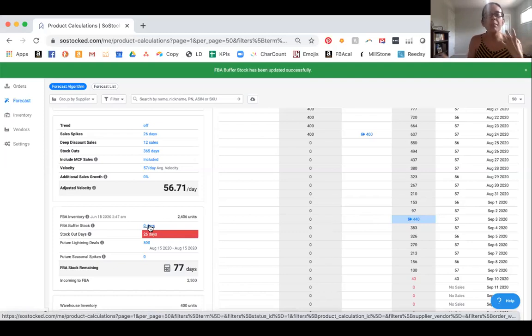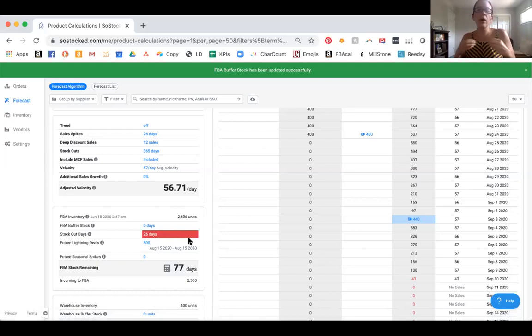So being able to set it so that the buffer stock is adjustable and variable based on your sales is extremely valuable. One note of caution: if you have a third party, a supplier, and you want to send your inventory from your supplier, you might need them to warn you well in advance, because you've got a 60-day lead time. So this buffer stock feature